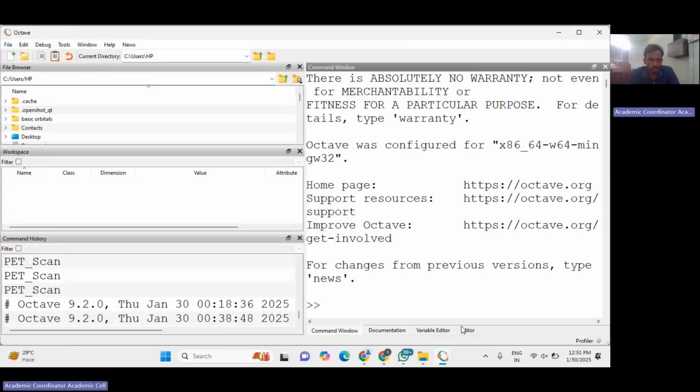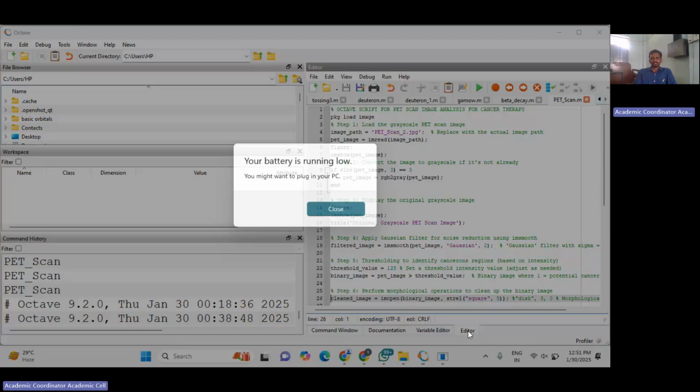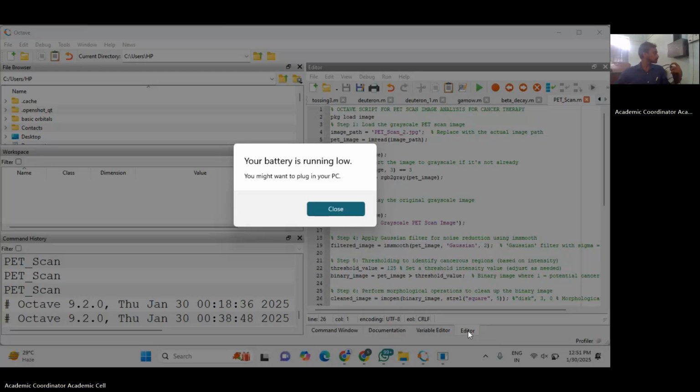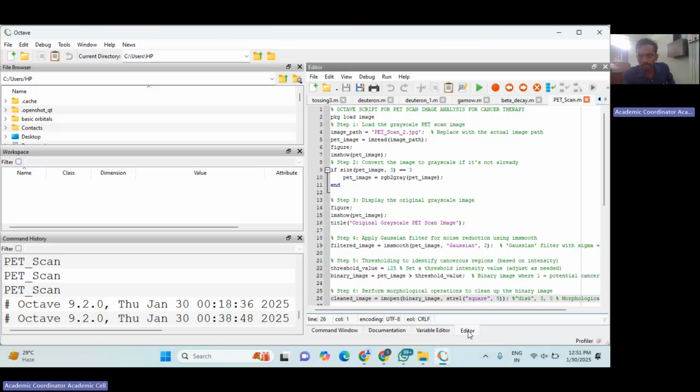So this is a Windows installer, Octave. There is an app for Android version also, but it costs 180 rupees. But there are some issues, that it cannot run certain codes. Android version is not compatible for certain functions. So yeah,